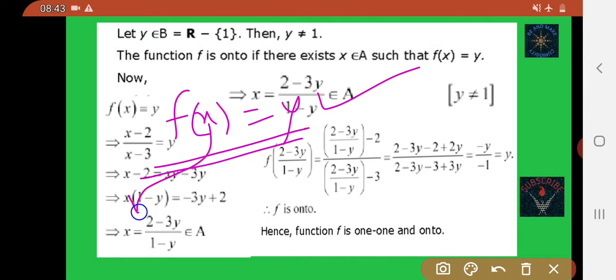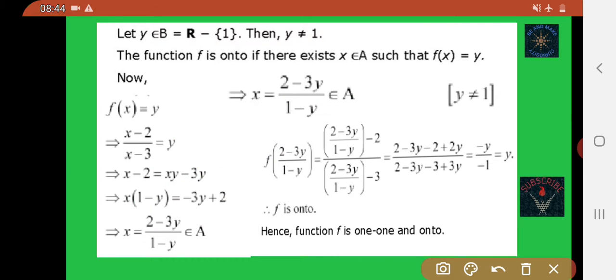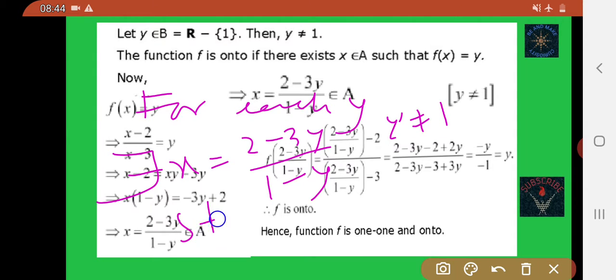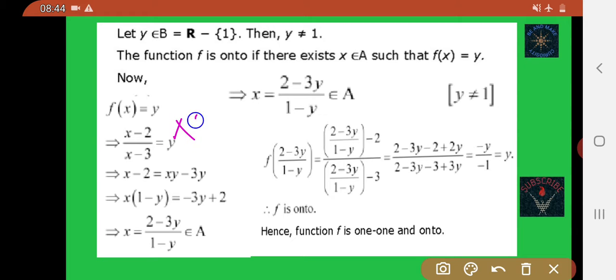Here x is equal to (2 minus 3y)/(1 minus y), which belongs to A. So for each y there exists x equal to (2 minus 3y)/(1 minus y), y does not equal 1, such that f of x is equal to y. See here, now